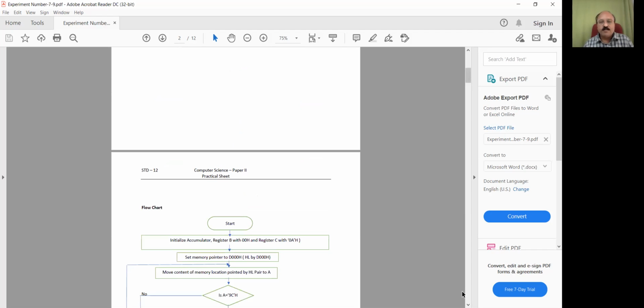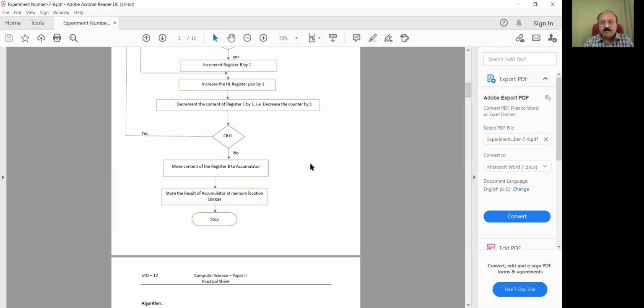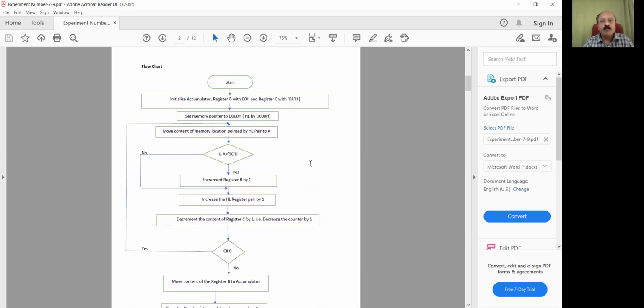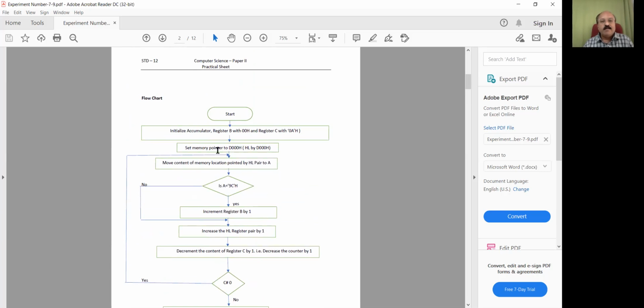So what is the logic from the flowchart? Let's see. Start. Initialize accumulator and register B with 00 and register C with 0AH. Why? Accumulator with 00, counter B with 00, because we want to use this counter for how many times 9C has occurred, so we should not have any previous data in it.